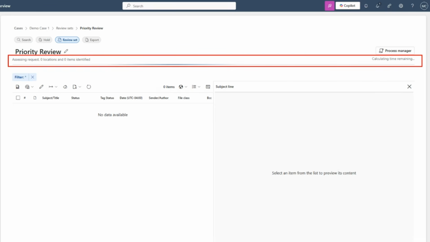It may just spit out the results right away. If it's going to be more than 5 minutes, it'll calculate and it should show the time remaining of your query that you ran. This will show on data added to review set,